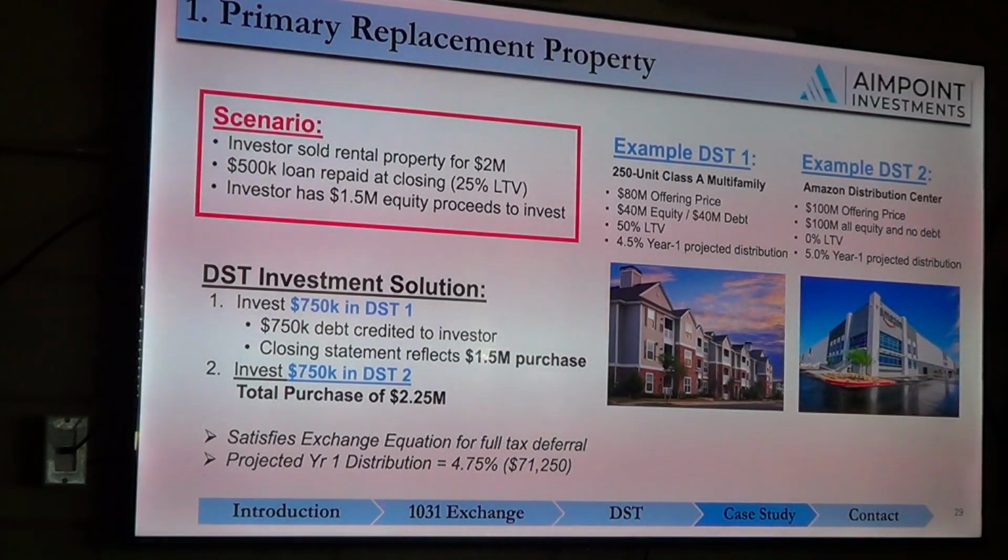That's a, Dan, you all right? We've got a 50% loan to value, so that means it's 1-to-1